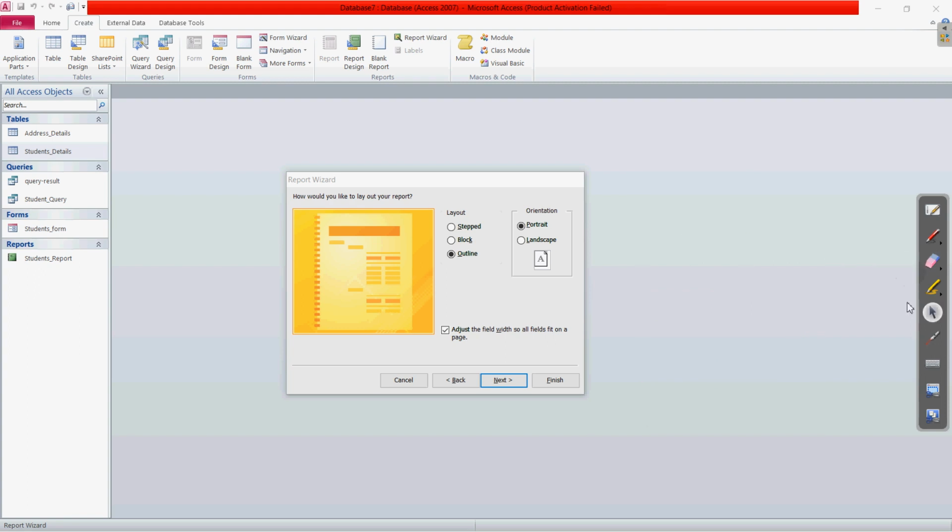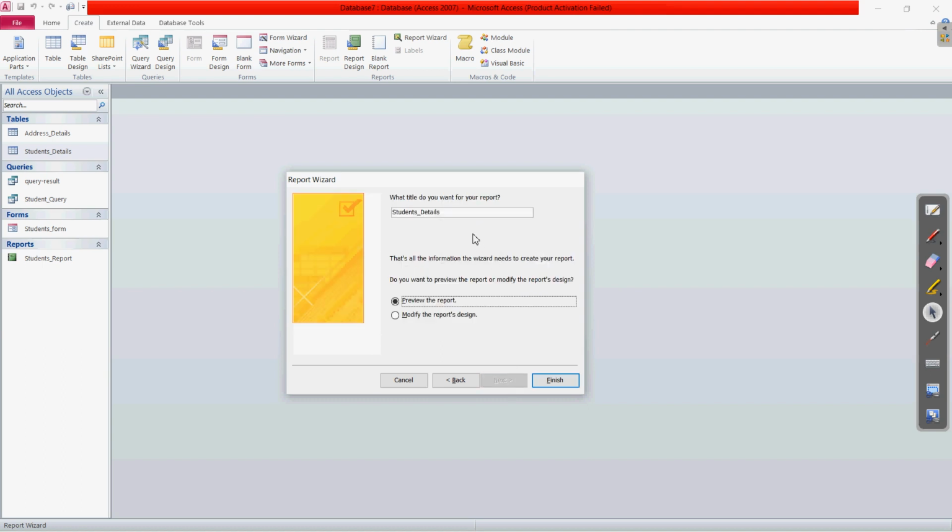Let us select landscape or portrait, whatever suits the data. Choose this, then click on the next button. Here it is asking for the name of the report, the title which we want the report to have.